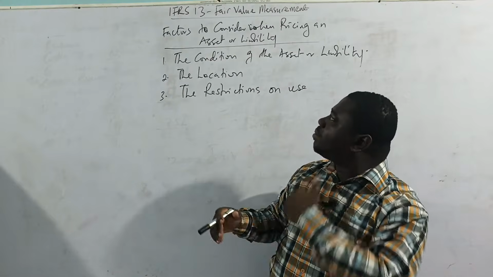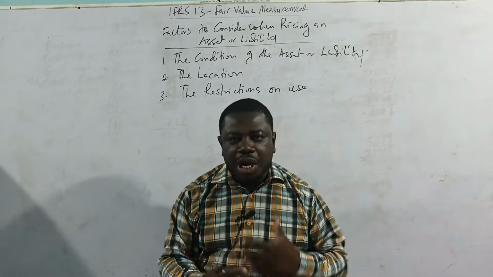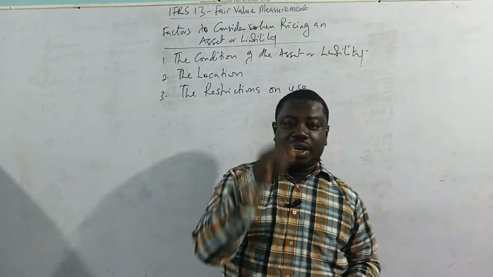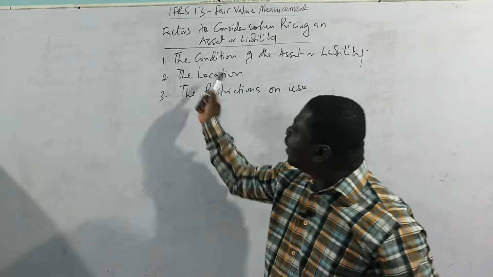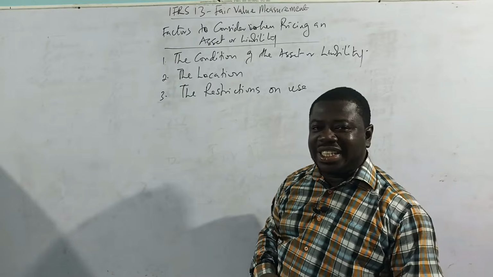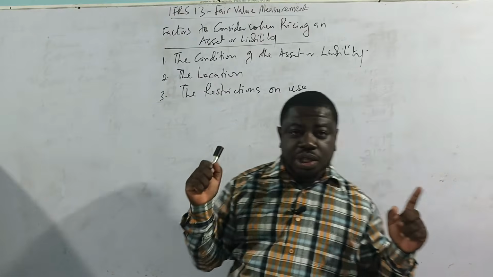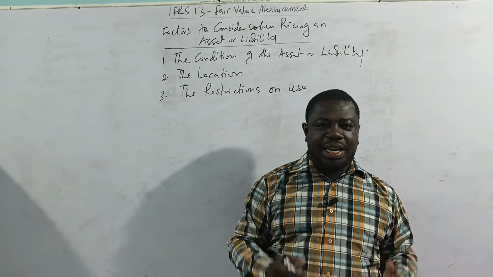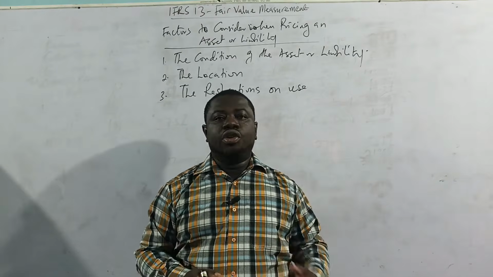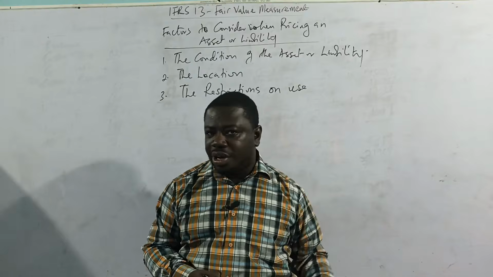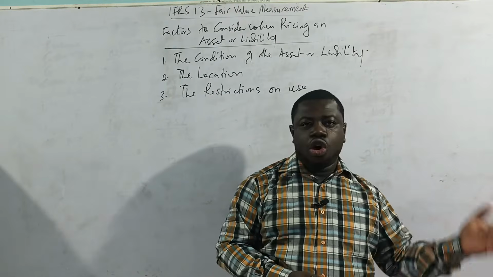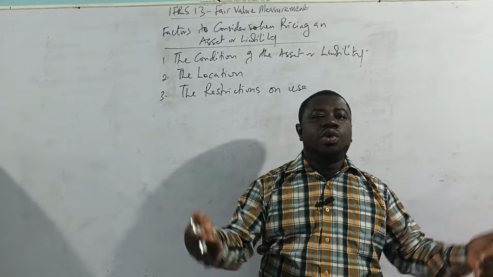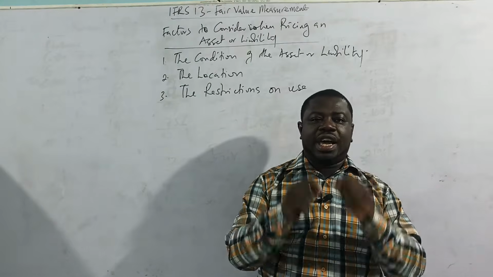These are tips given to us by IFRS 13 to help us do proper fair value measurement, so that we don't overstate or understate the value of our asset or liability. So we consider the condition of the asset, and then its location. And then finally, we consider the restrictions on use. There are some assets that are restricted in their use. For example, if you are buying land in a mining area, and you are restricted from digging the ground to find the minerals, you can only use it for farming, or build a house and stay. Once there is a restriction on the use, even though the land is rich in minerals, the price of that land will be lower